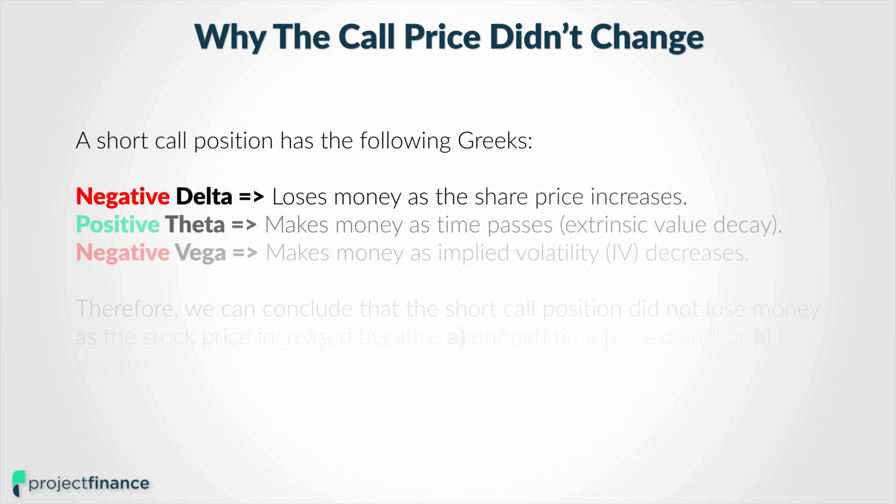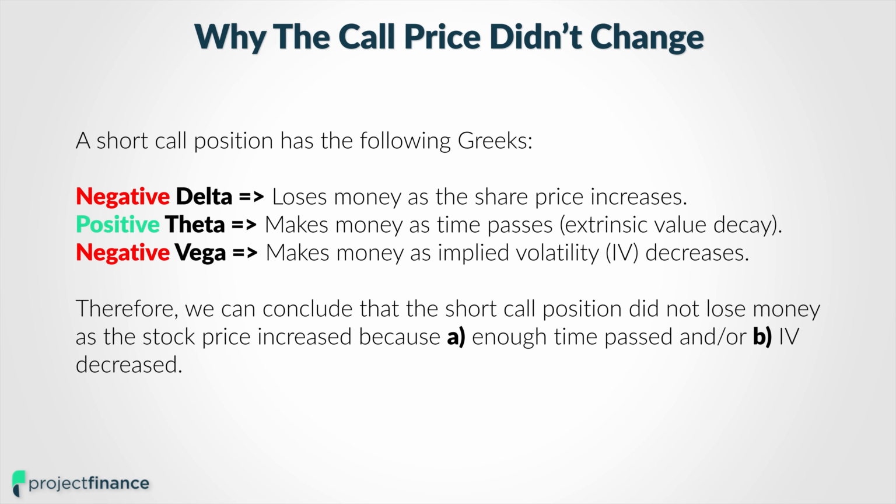Now, this can be explained by the option's extrinsic value decay, offsetting the losses from an increase in the stock price. And in terms of the option Greeks, basically that means the short call's positive theta, or time decay, was enough to offset the negative delta over the first 20 days or so, resulting in little change in the option's price. So a short call has negative delta, meaning the short call position will lose money as the stock price increases, but it has positive theta, meaning that the short call position will make money from